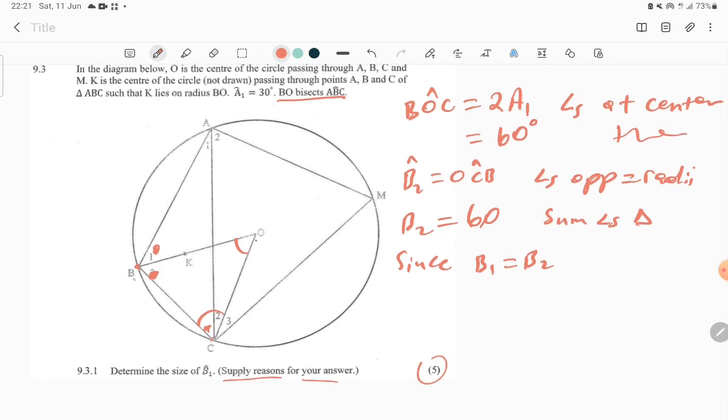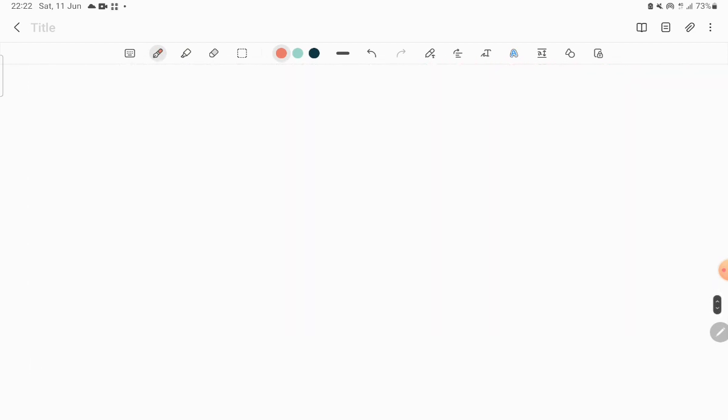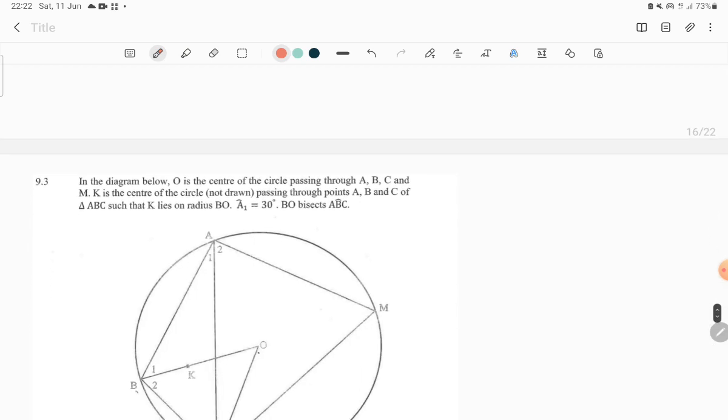So that is why we know that B1 is equal to B2. So on that note, B1 is also equal to 60 degrees. So we did solve. Done. 5 marks, we got it. Now coming to the next question. The next question says